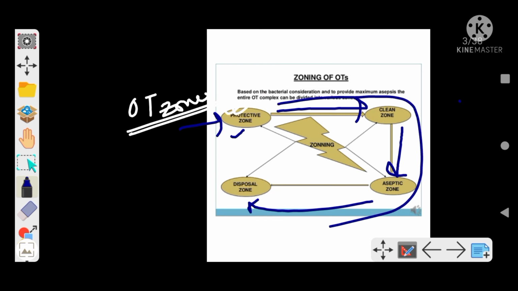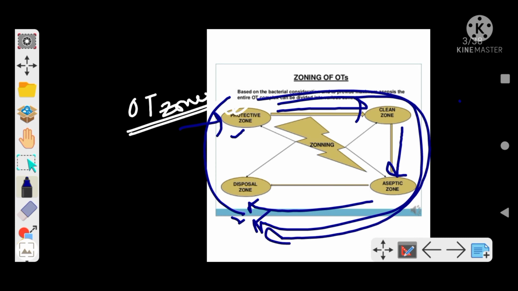It goes like this, right? Correct? Okay, so it cannot go this way or that way. It will go like this only, from protective to disposal, right? And nowhere can you interchange, or bypass one and go to another, right? So the proper zoning has to be maintained while performing and finishing the OT, right? Questions have been asked, and are likely to be asked from here again, right? So it's a very important topic from exam point of view,